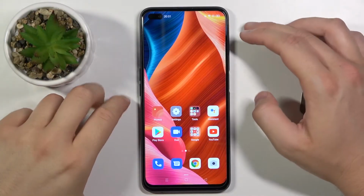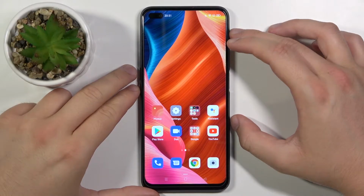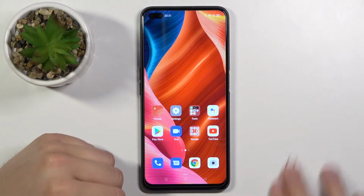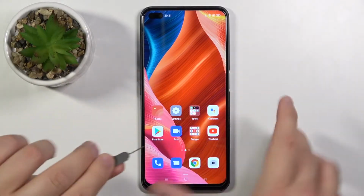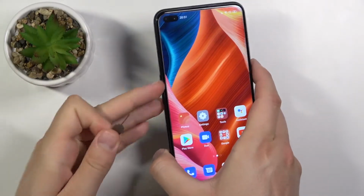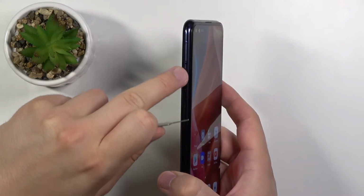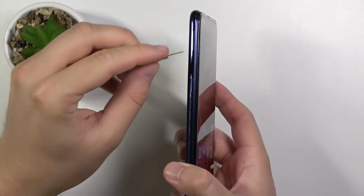Welcome. In front of me I have OPPO A92s and I will show you how you can insert a SIM card to this smartphone. So at the first you have to grab your SIM injector, rotate your phone on this side, you have to find the SIM tray in this place, then put the injector here,